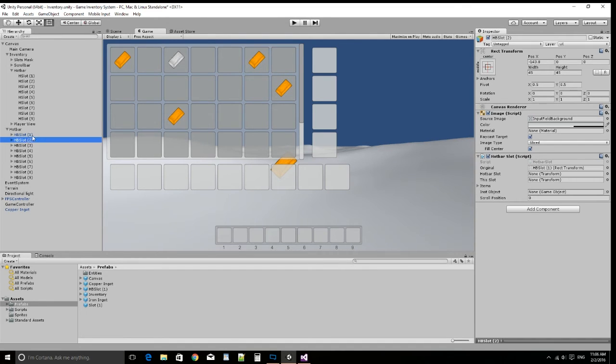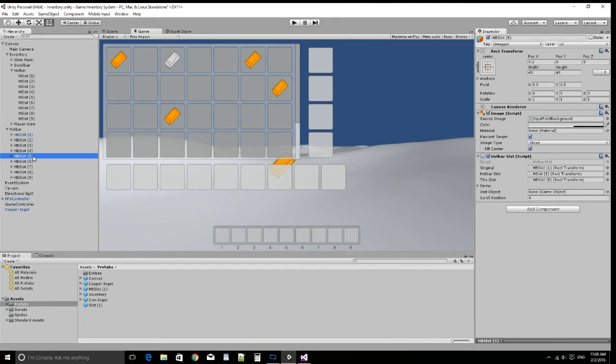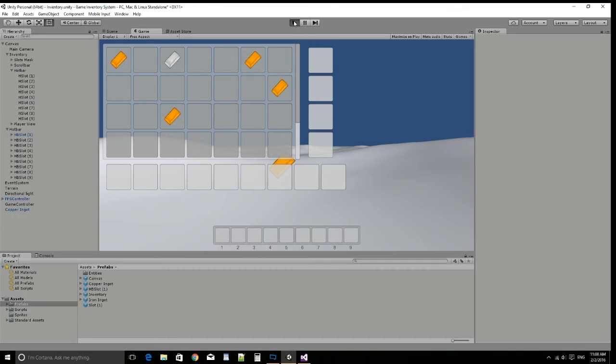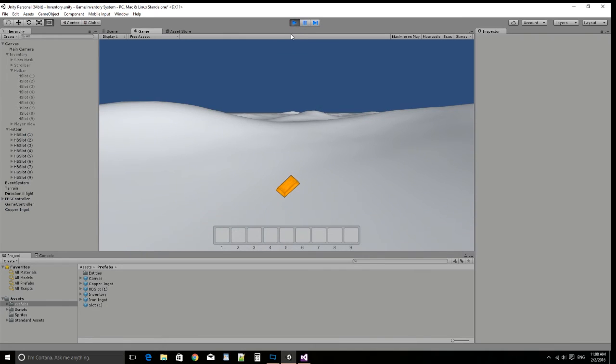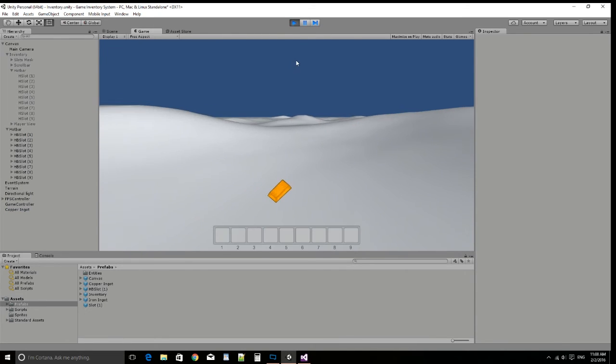So hotbar slot 2, I'll just show you how to do it again. This slot and this transform. I'll go through all of these, and I'll be right back. All right, I'm back. They should all be correct now. So now we can just hit play right here and click E. See, they'll toggle through. And now if you scroll up,